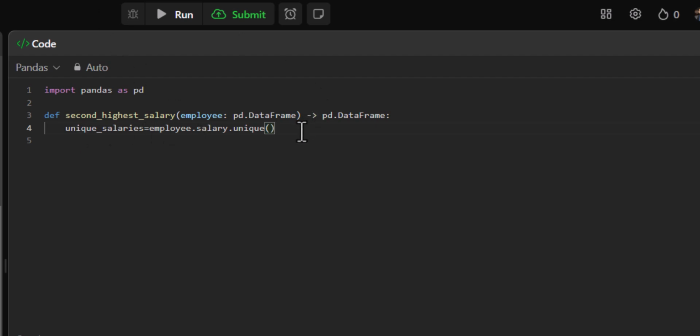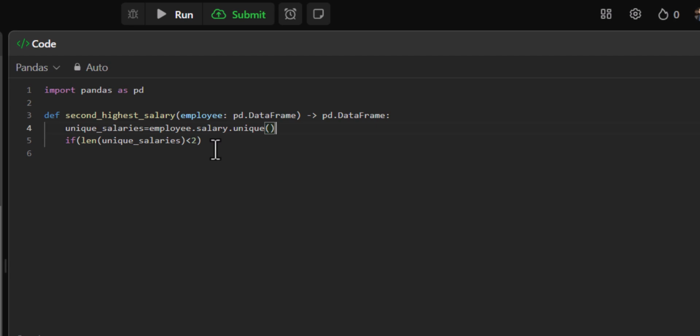Now we will write the similar condition that if we do not have the second salary, if the length of this unique salary is less than 2, we'll write a condition. So if the length of the unique salary is less than 2, which means we only have one salary, because we already have taken unique, so the duplicates are gone. Now if length is less than 2, it doesn't matter in which order we see it. It means we only have one salary, we need to return null in the